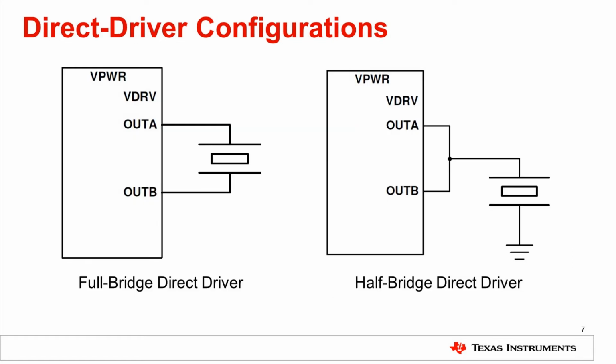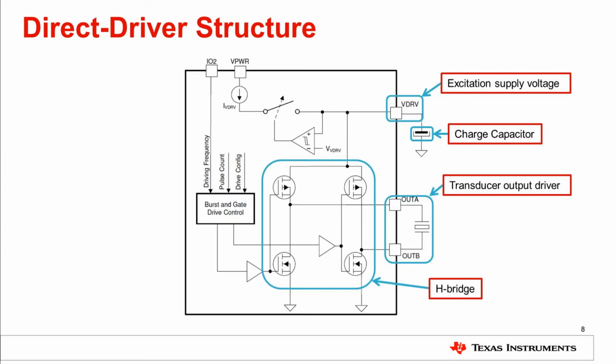In a direct driver, the IC provides burst generation by exciting the transducer directly with pulses. Here we show the internal structure for driving an ultrasonic transducer connected directly to the device output using an H-bridge output stage. This configuration makes the excitation supply voltage the peak-to-peak voltage across the transducer in both polarity directions, such that the output driver pulses two half-bridges out of phase. It is also possible to use the driver in half-bridge mode, and is useful for transducers where one side of the piezoelectric membrane must be permanently grounded.